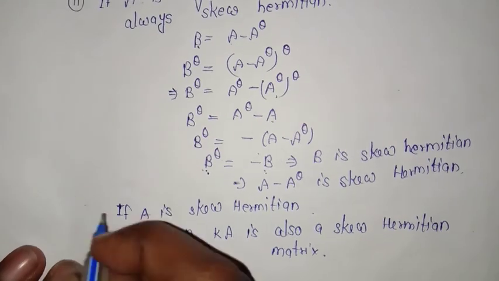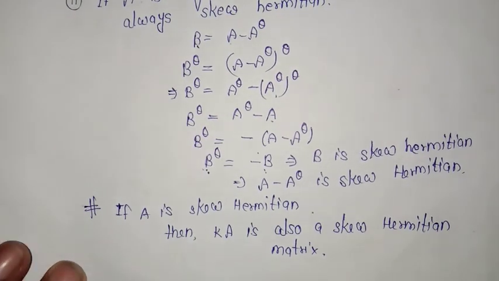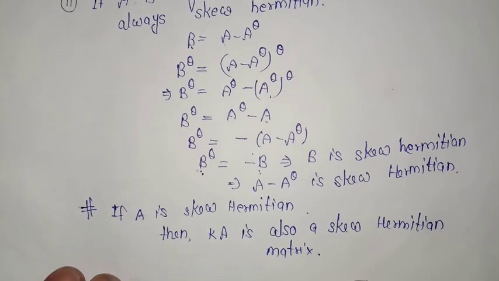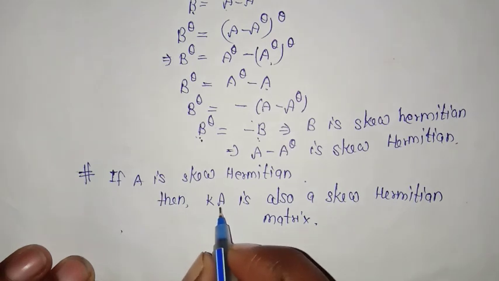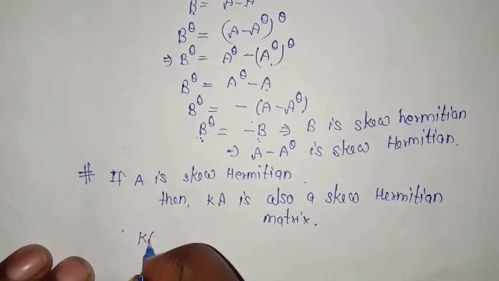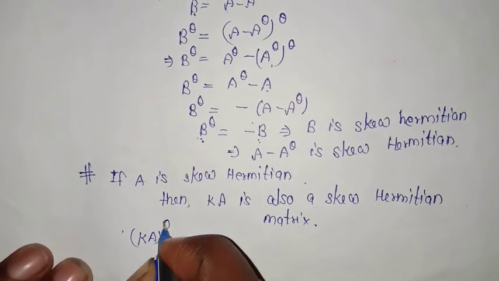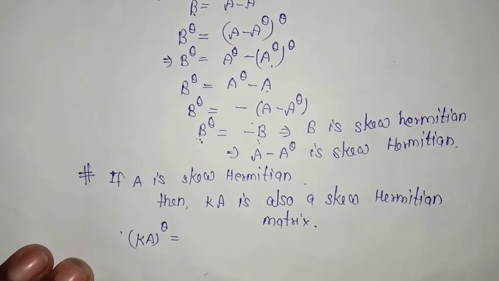And you can show it very easily. So let's prove it. In order to prove that it is skew Hermitian, we will take the conjugated transpose of this matrix. Now two cases arise, that k is any scalar,